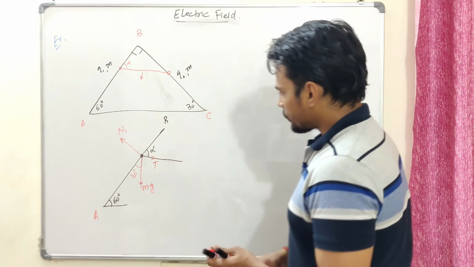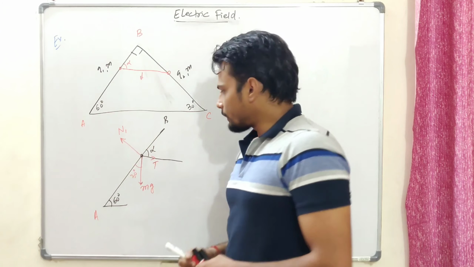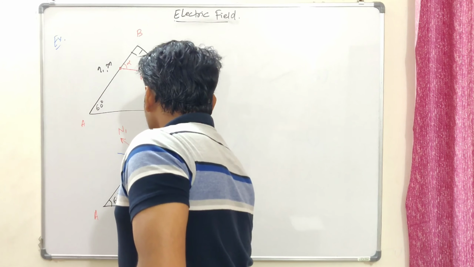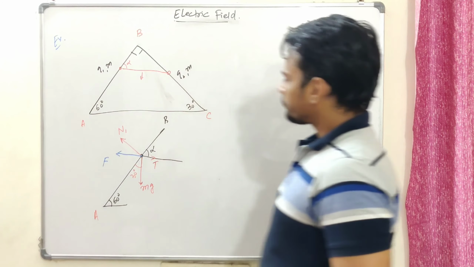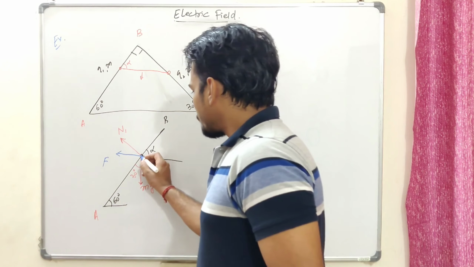Now second thing, you should know that because of these two charges, there should be an electrostatic force along this line, a line of chord. So let's say that's an electrostatic force in this direction. Do you have any other force? No. Okay guys, let's say if I break it into components,